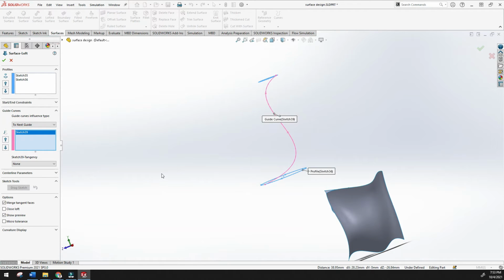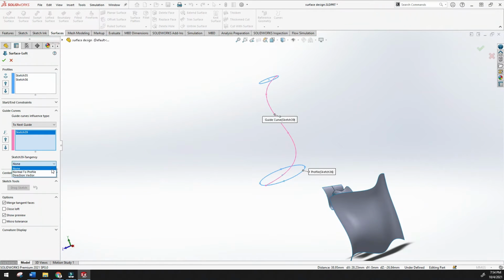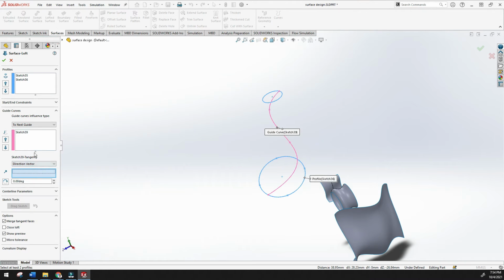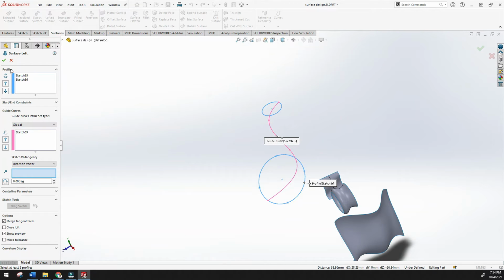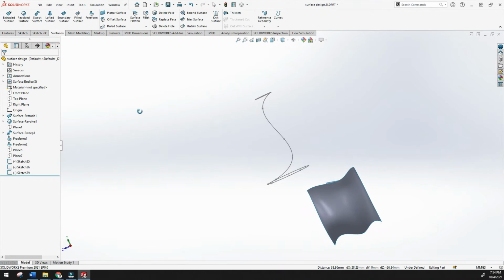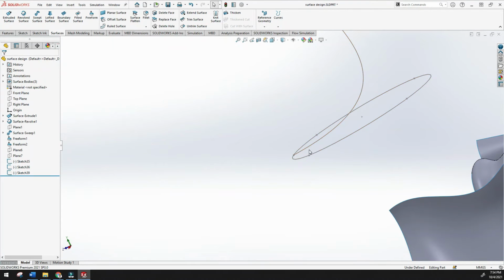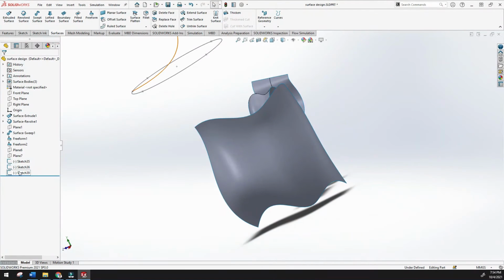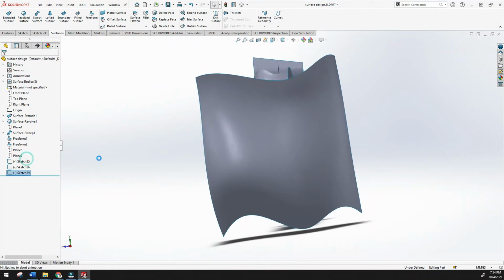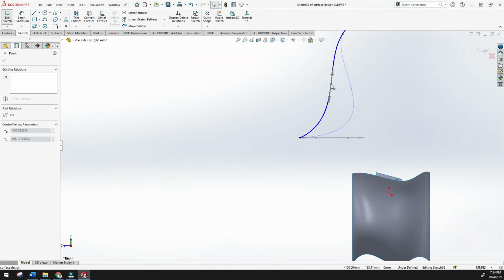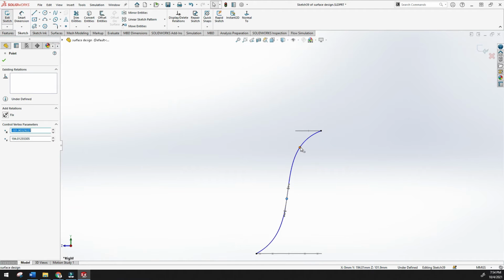That's why it shows normal to profile. Try to connect, it will not go. Profile next to the guide, next to sharp, that doesn't work. Go back and try to connect. See, I think this is so highly bent. I think there is a problem actually, so I'm trying to make sure now.